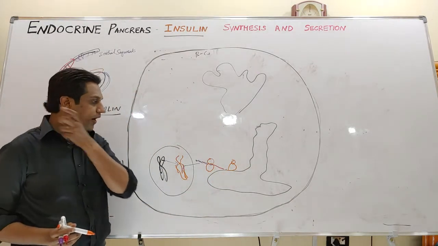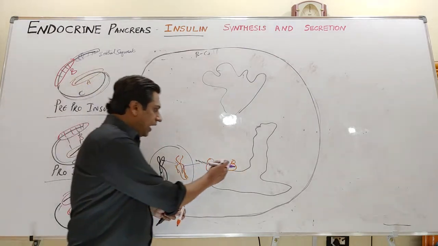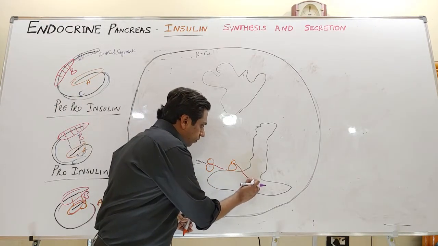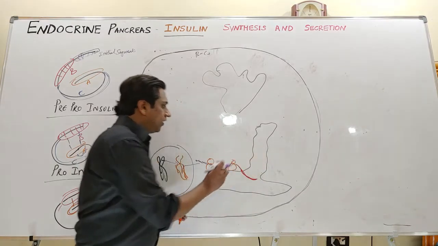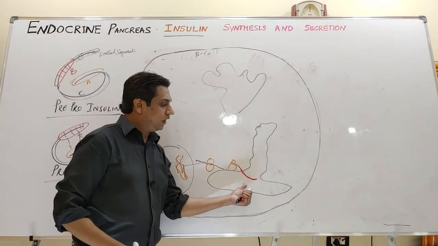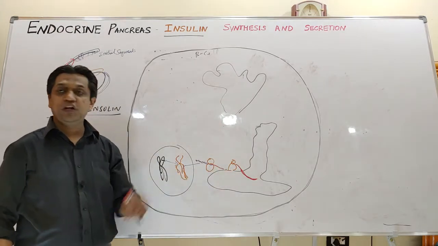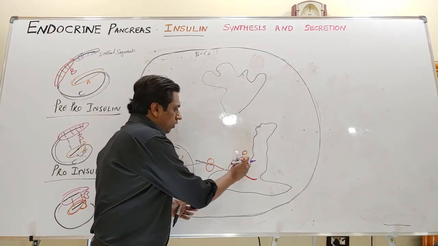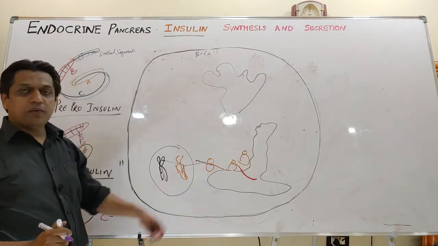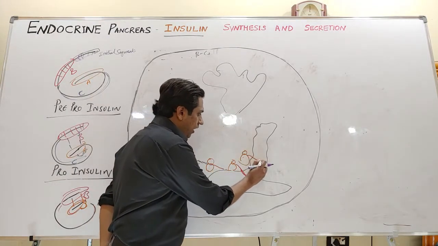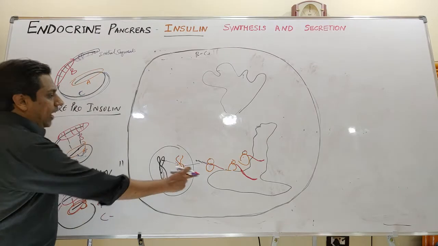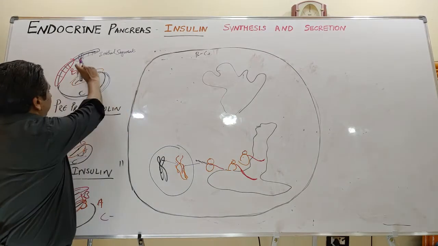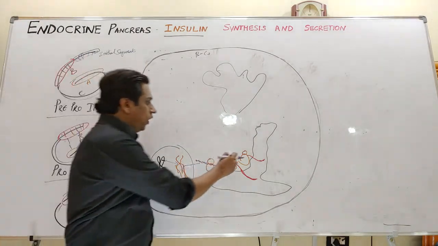When the ribosome binds, it forms the rough endoplasmic reticulum, and this initial segment, an amino acid chain, a peptide chain, enters the endoplasmic reticulum. Further, many ribosome molecules combine with this endoplasmic reticulum and synthesize protein which ultimately enters it. In the endoplasmic reticulum, this chain, the initial segment chain, will increase.